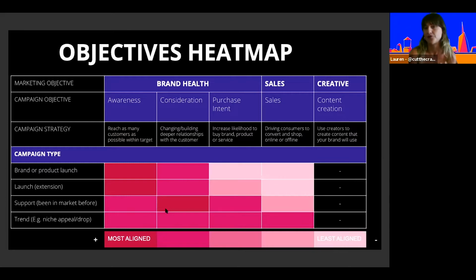Like, do you need to drive awareness, consideration, purchase intent? And then of course there is sales, because there are definitely dynamics where certain brands are in better health than others, so that this could be a primary objective, or there's something specific that you're doing that really ties back to that lever in a seasonal moment.